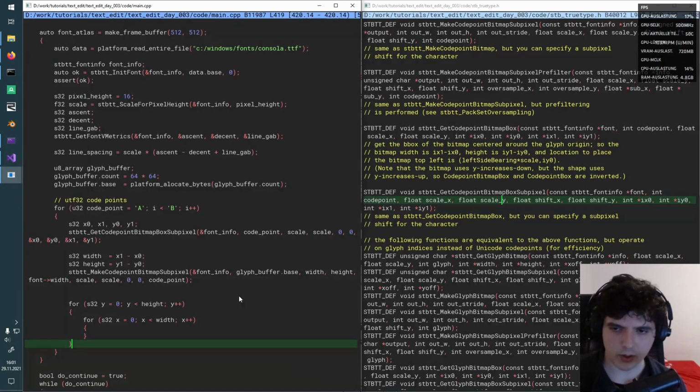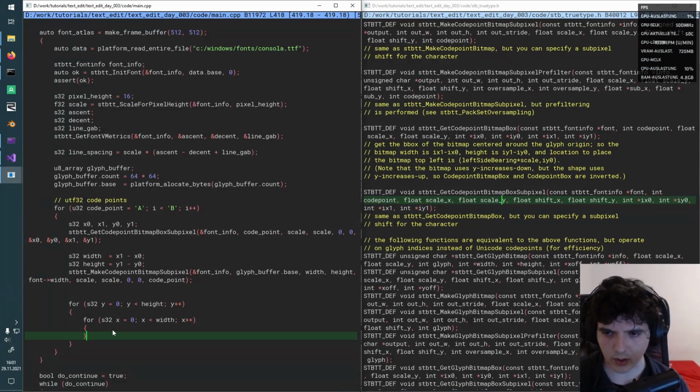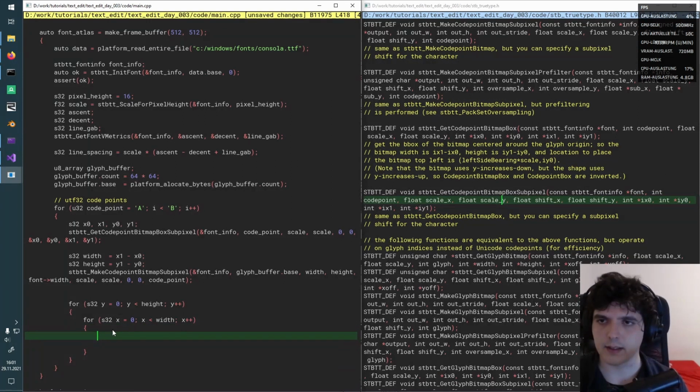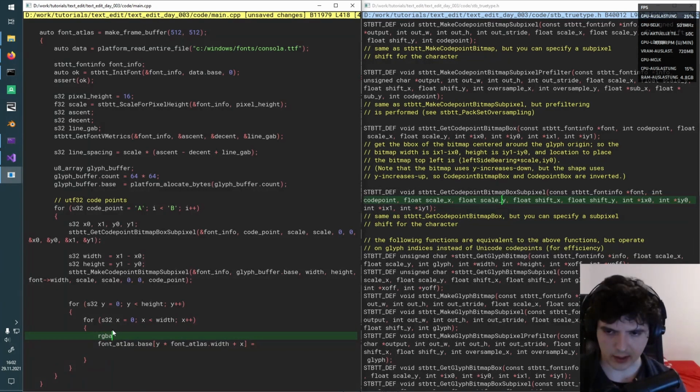So, we want to copy this information, which is basically just the alpha channel. So you get 1 alpha value per pixel, so 8 bytes per pixel, into our frame buffer, which expects 4 bytes per pixel because it expects red, green, blue, and alpha channel. So all we need to do is get our font atlas, get the base position of that, then y times the font atlas width, and yep, plus x, and we're just going to specify an RGBA color,